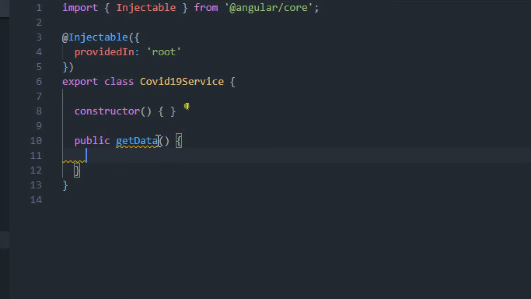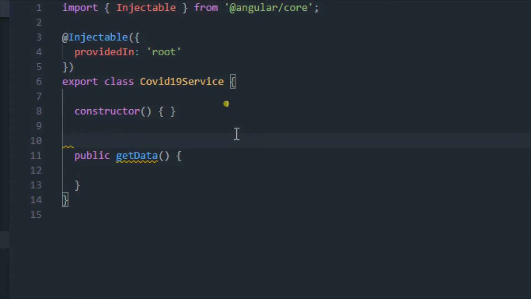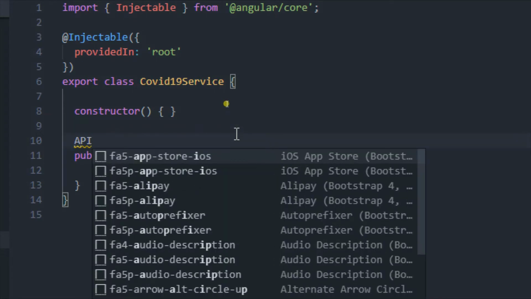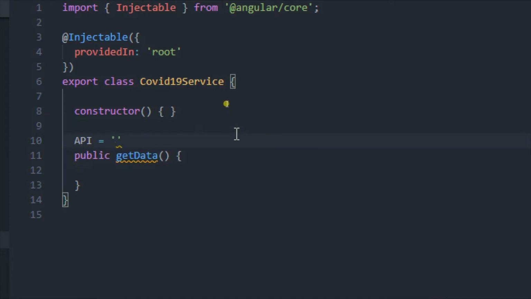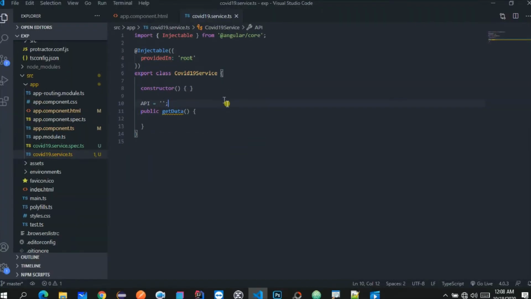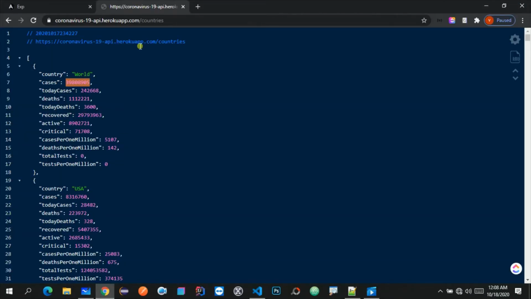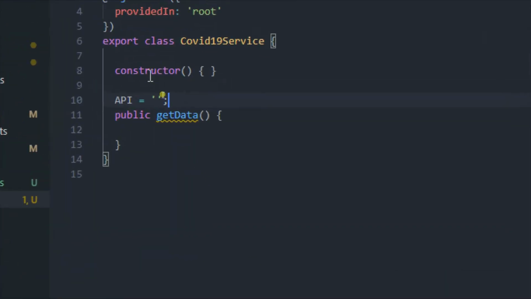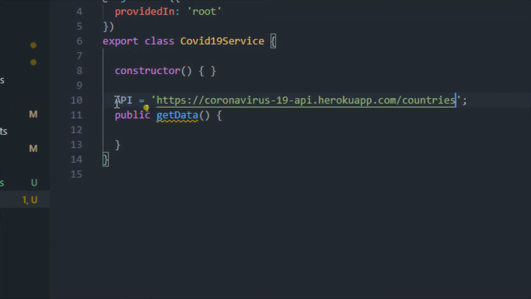I will take one variable called API, equal to, and I will copy this particular API link and paste it into this API variable, so that I can use this particular link in our service or this particular getData endpoint.